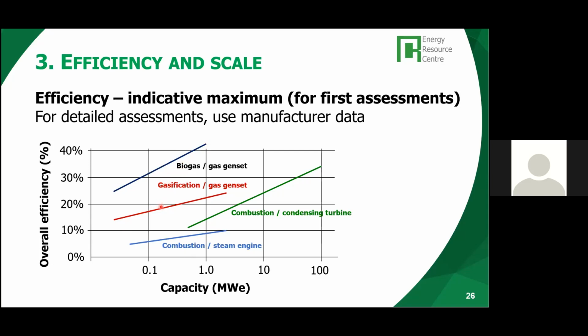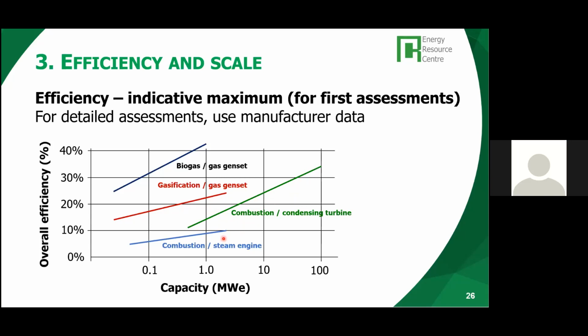Gasification systems overall would be a bit lower because of the efficiency of the gasifier, the gasification conversion step. Looking at condensing turbines, for combination with combustion, you would get from, say, 15% or a bit lower. You will go below the 1 megawatt scale, and then up to, say, roughly 35% if you go towards